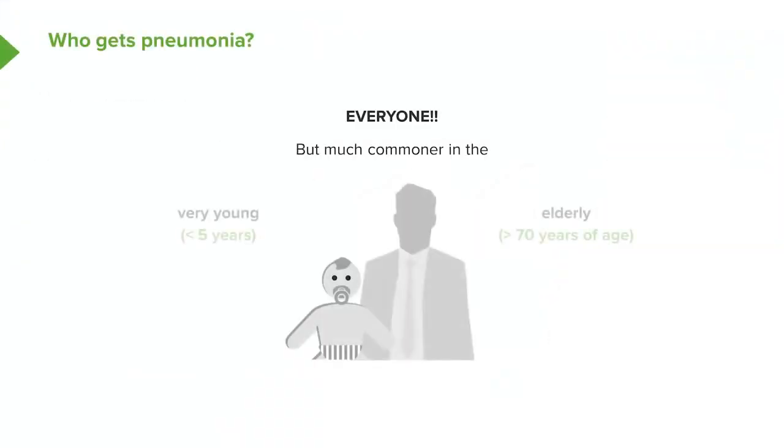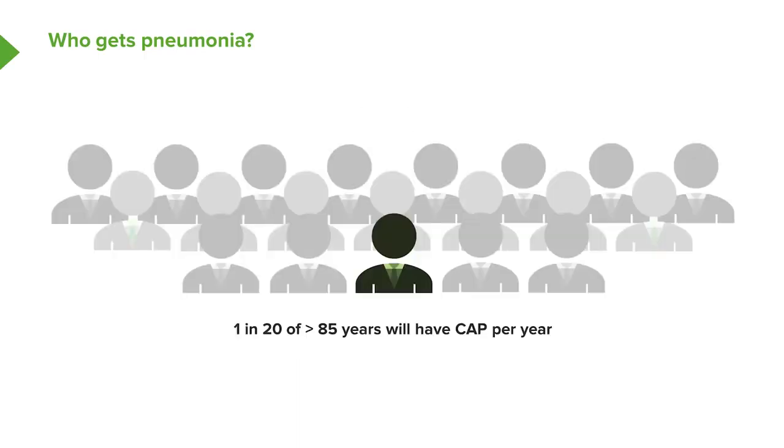So, who gets pneumonia? Well, there's an easy answer to that question, and that is absolutely everybody could get pneumonia. It's not uncommon in young people, but it is particularly common in two age groups. The very young, the under fives, and as I mentioned before, it's the commonest cause of death across the developing world in the under fives, and the elderly. And there's an almost exponential increase in the chance of developing pneumonia after the age of 65. So it ends up that the chance of developing pneumonia in somebody who's very old, over 85, is about 5%